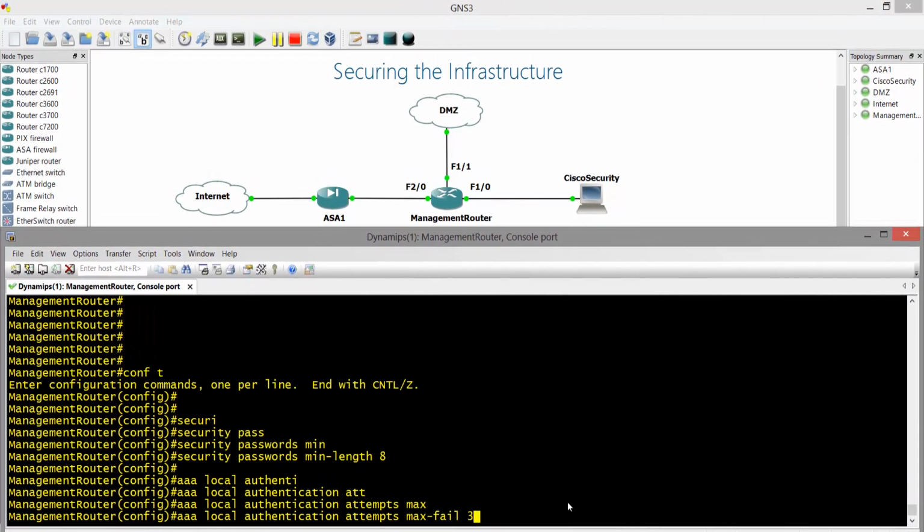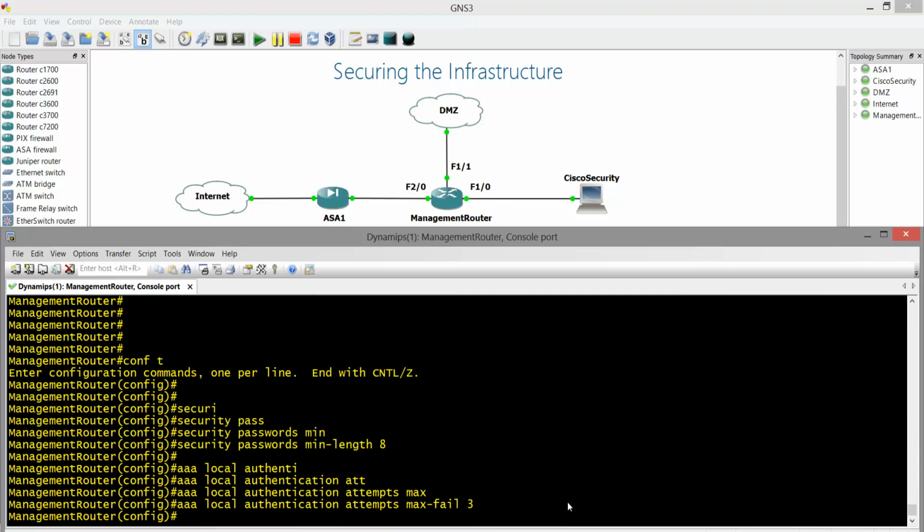So that brute force attack will be kind of a monster on your network, you can say that. So how can you stop this? By using this command: aaa local authentication attempts max-fail 3. That means if somebody is trying to access and types 3 wrong passwords, then automatically the account will be locked. So how can you check and verify that it has been applied,